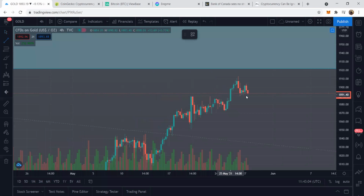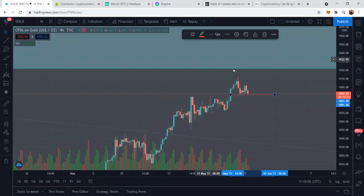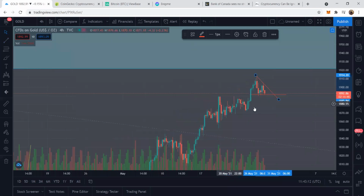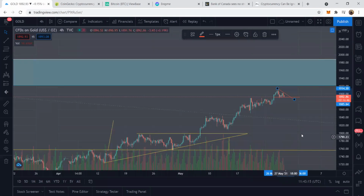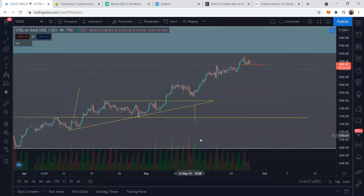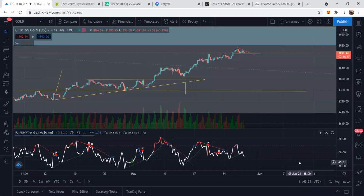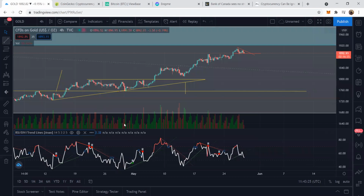Gold is a little bit funky, so let's have a look at this descending triangle, just like that. So it's a descending flat bottom. So that's what you can say about gold. Gold is also declining in volume. This supports my thesis. But then again, one thing that I will look out for, for people who have gold,